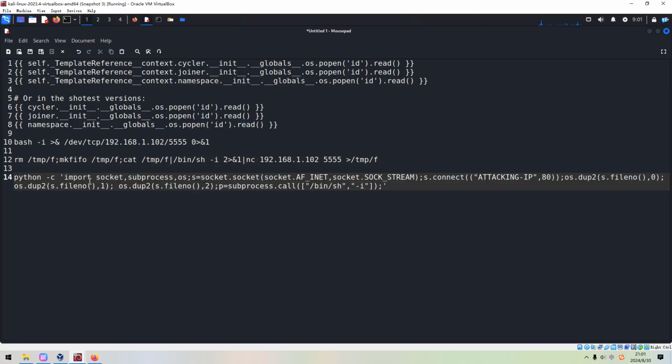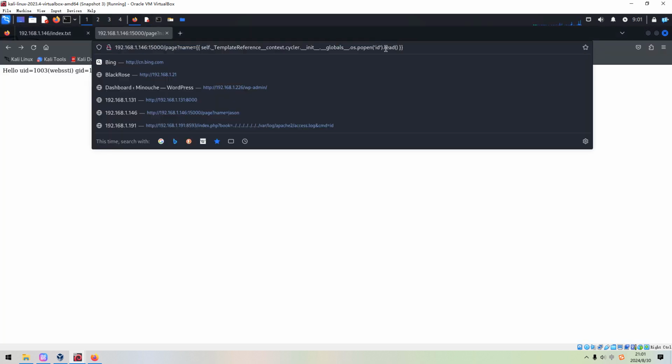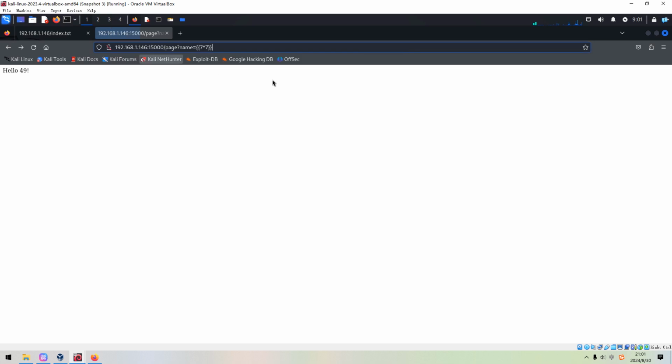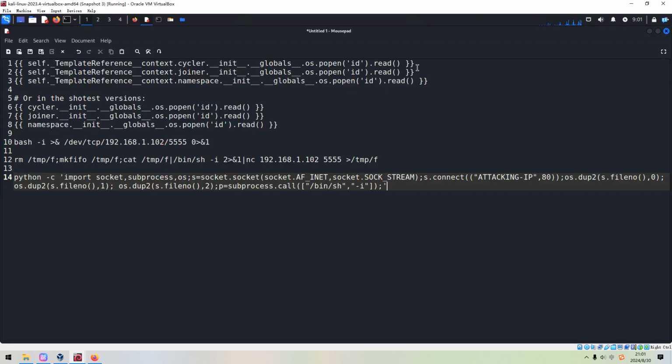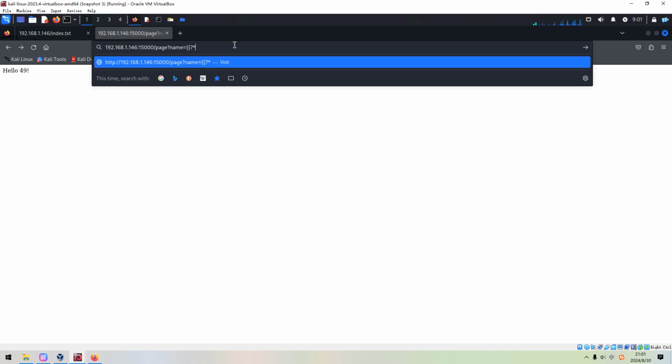But before we try this command, we need to check the version of Python, right? We can copy this command again and put the id command over here, with Python. So Python 2 is there on the target.